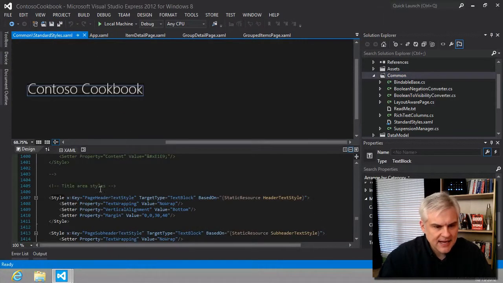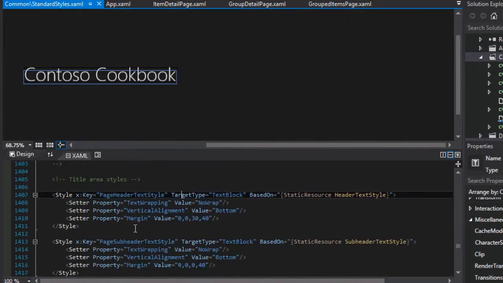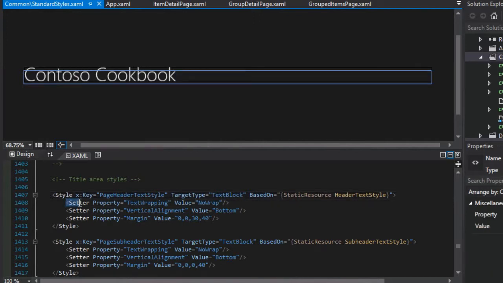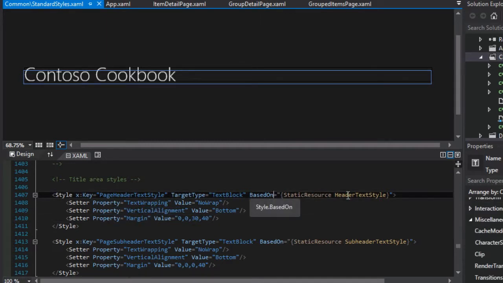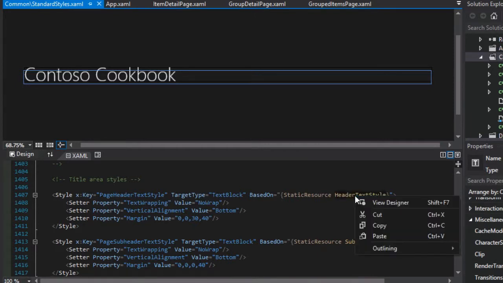Here we can see that a style has a number of setters, so we're going to set this property to this value on this data type, this text block, okay? So this applies to text blocks, and we're going to set the text wrapping property, the vertical alignment, the margin, and so on. But notice that it's also based on another style called header text style. And if I were to try to navigate to header text style, I think the best way to do this is just hit Control C and then Control F,